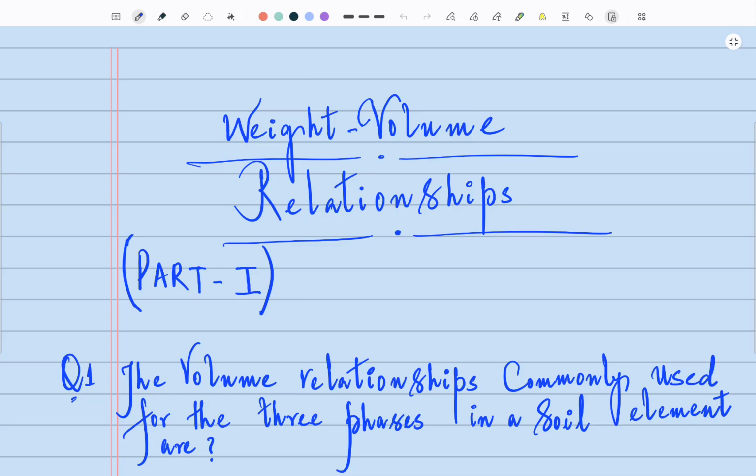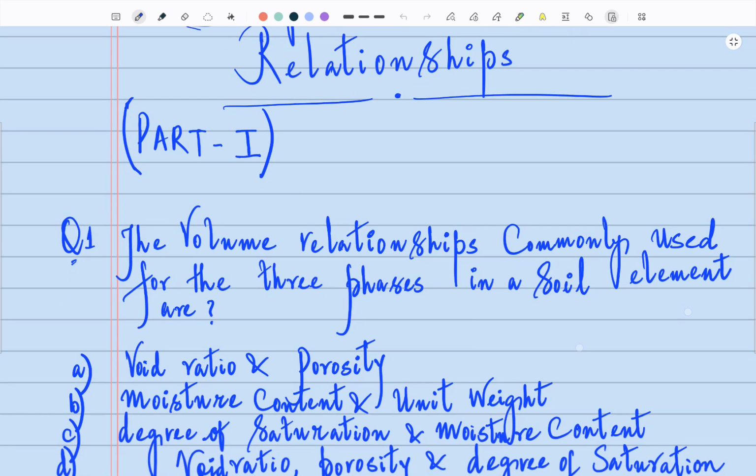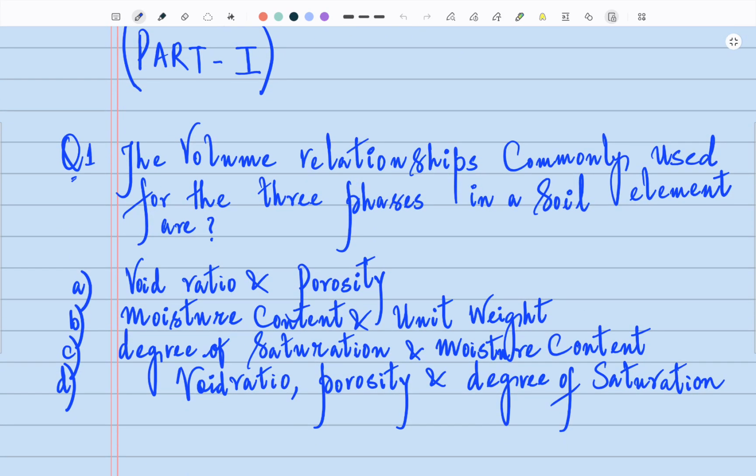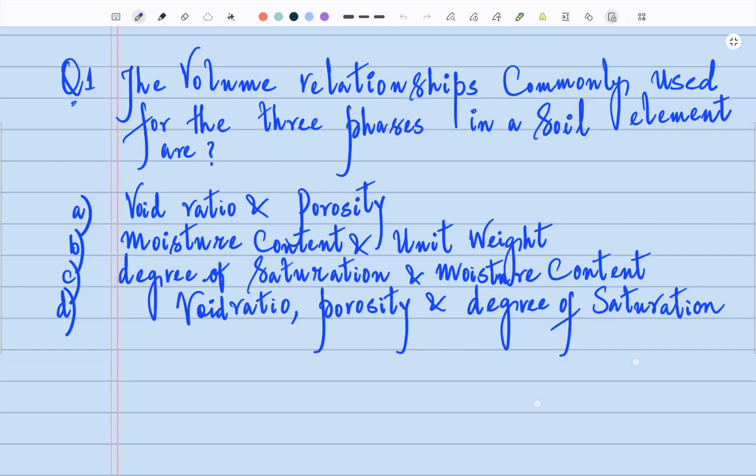We're going to start the new chapter, weight and volume relationships. We'll be doing the MCQs as well as the numerical questions. In this part, we shall be doing the MCQ questions, and later on, we'll also try to solve as many numerical questions as possible. So let's start. Weight volume relationships. This is the second chapter that we have started for geotechnical engineering, and so let's start the MCQs. The first question is,